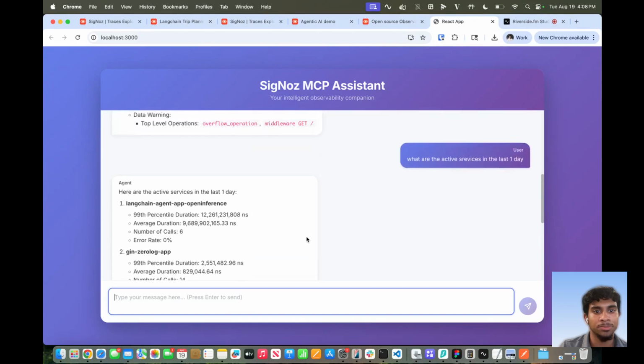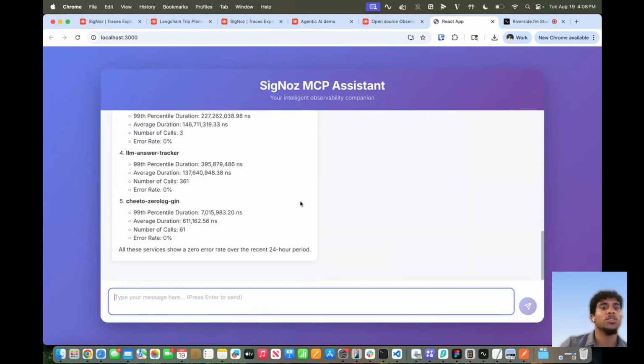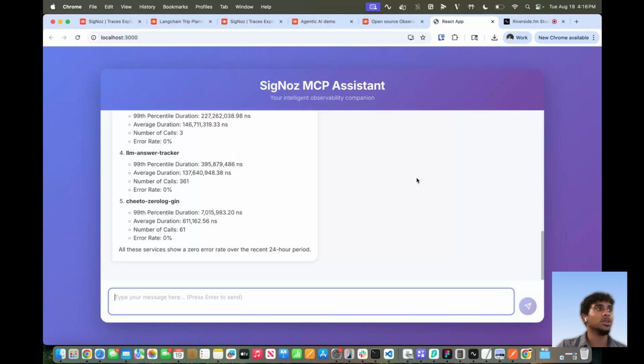file for the MCP. Now that's just a quick overview of the things you can do with this SigNoz MCP assistant I just showed you in this demo. The agent is dynamically pulling real-time metrics, traces, and data from SigNoz via the MCP server rather than relying on static data. Now, let's jump into our code and see how we specifically set up and instrumented our LangChain